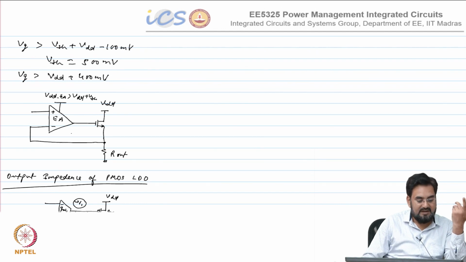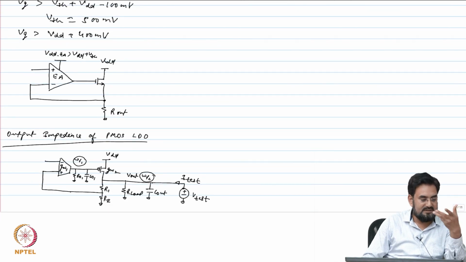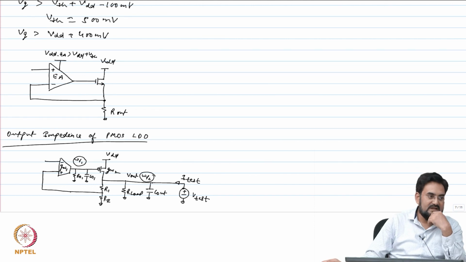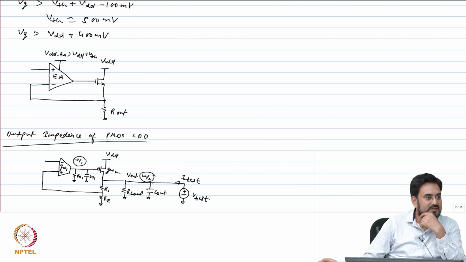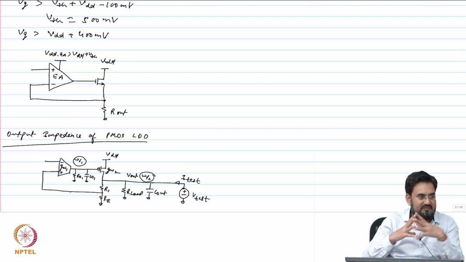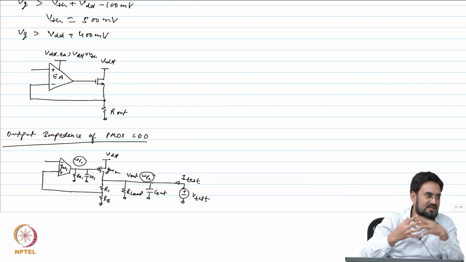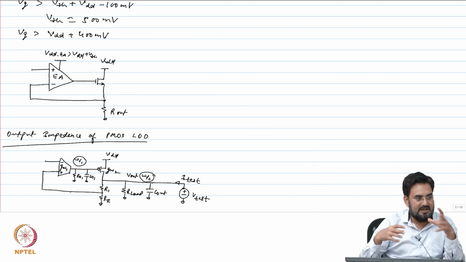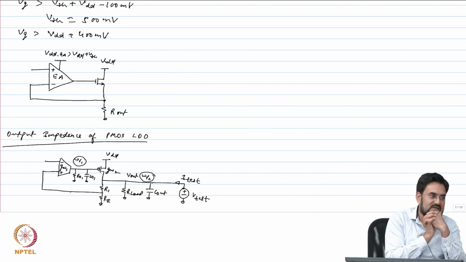But theoretically, if you look at this, there is a trade-off, and you want to break that trade-off and come up with some innovative topologies so you can achieve a better response with the lower IQ. And that is how we define the figure of merit. We look at the total number of caps you are using, the total power you are consuming, how much is your settling time and undershoot overshoot in terms of transient, and what is your PSRR. All these you combine to come up with a figure of merit for these regulators.